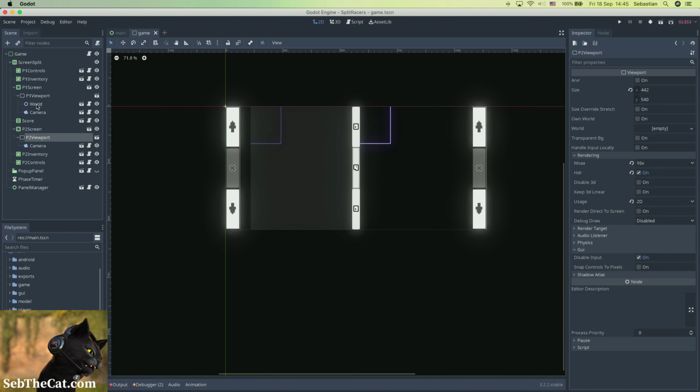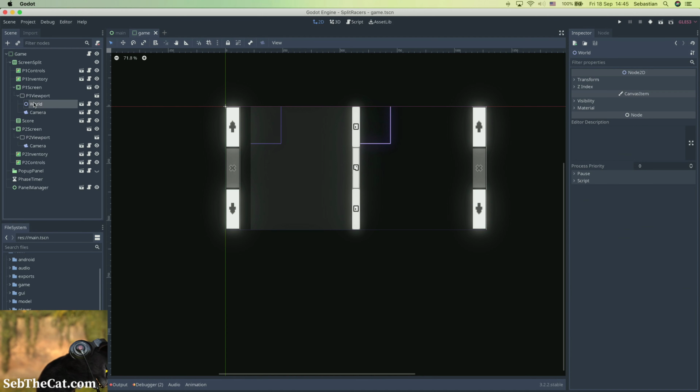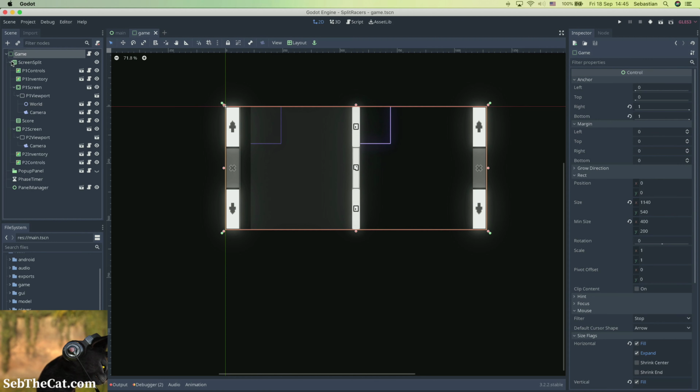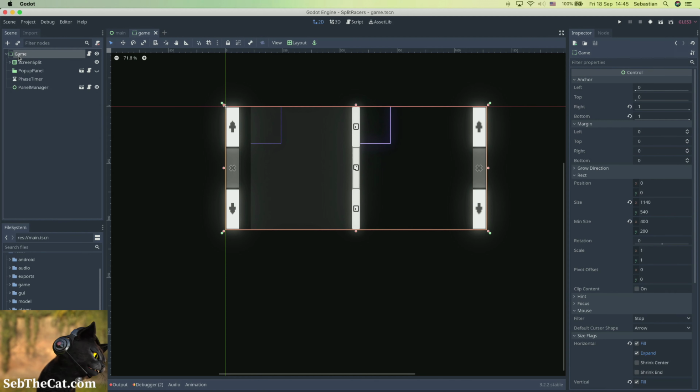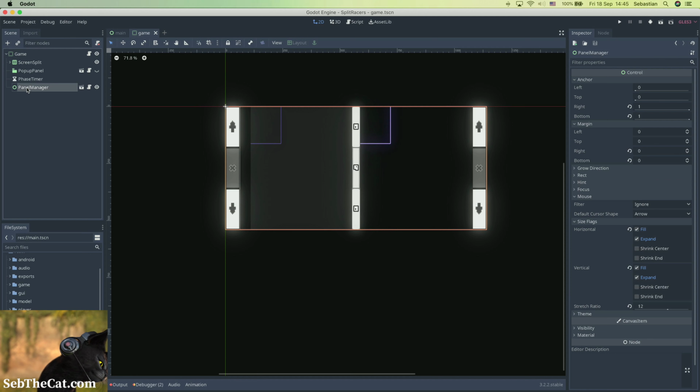And so that world is what we're using to signal the death, because the death happens in the game world, but we need to signal it to the rest of the game state. So we want it to jump all the way up here to game, which is the first shared parent of the panel manager and the world, right? And that's how you want to generally architect Godot signals. You bubble the event up, and